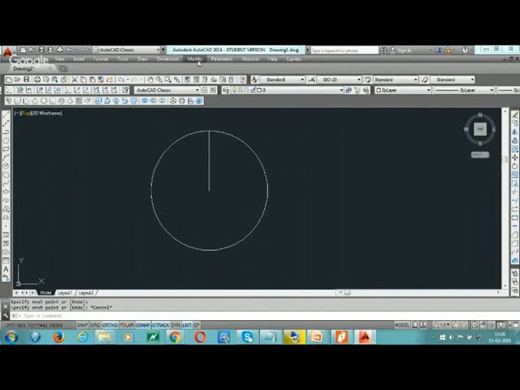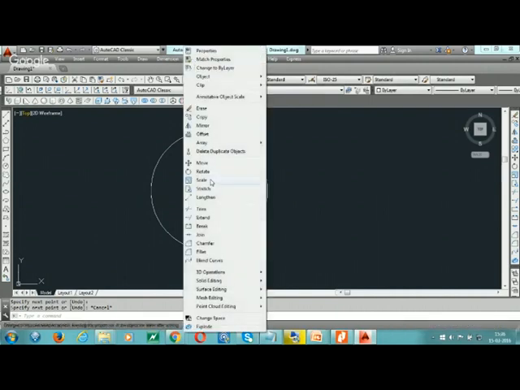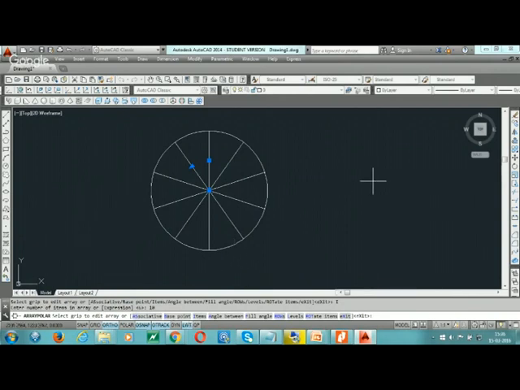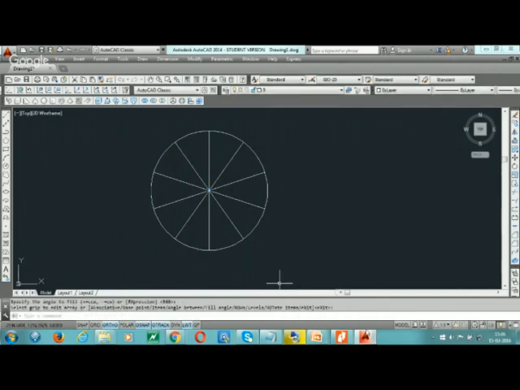Then go to the polar array. Select the line. Enter. Select the base point. Number of item is 10. Enter. Accept. Check the fill angle 360. Enter and accept. Now